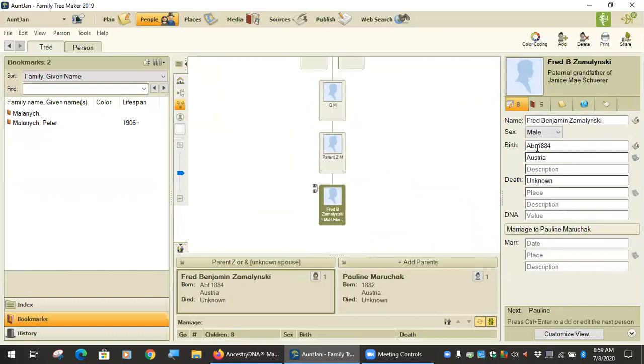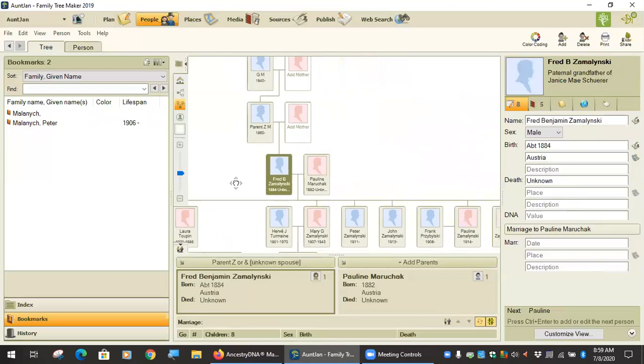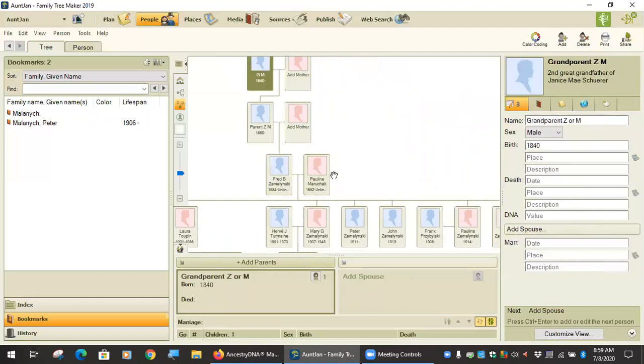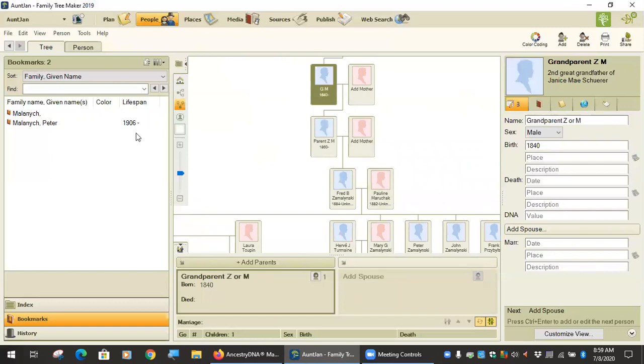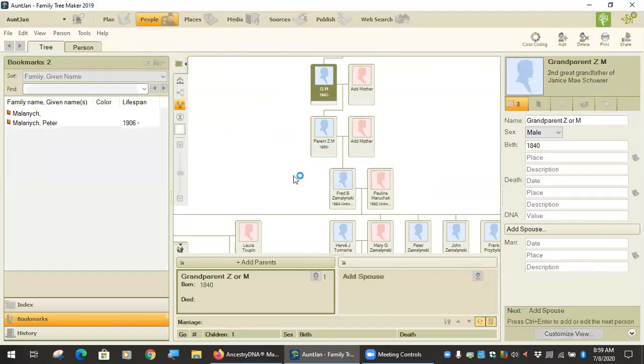Okay, so now Fred was born 1884. Let's just say roughly, maybe say 1860, and let's just say 1840. Could be 1830, but let's just have an approximate birth date. But so now we're going to go up to here and now try to place. And this will just give more